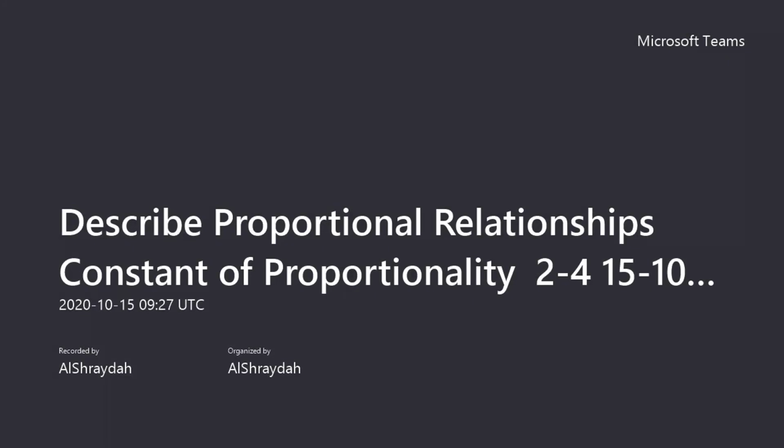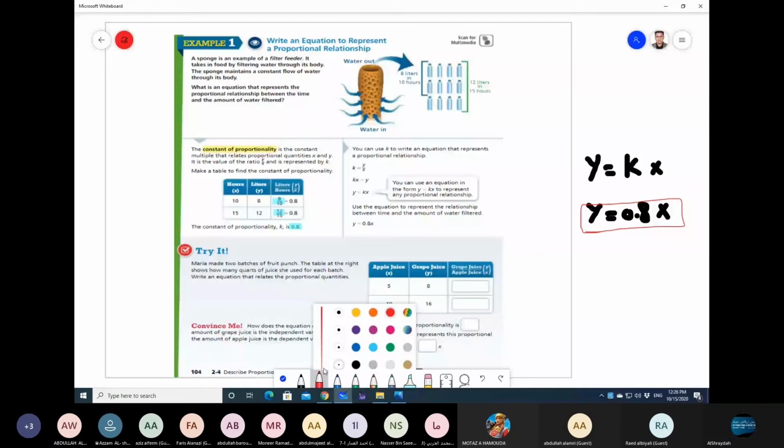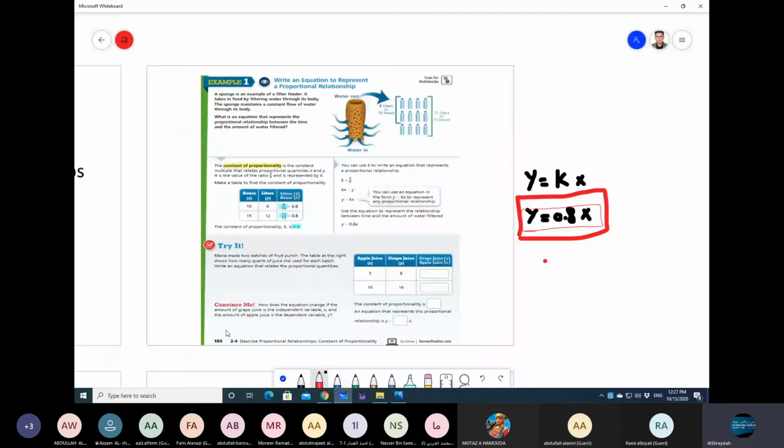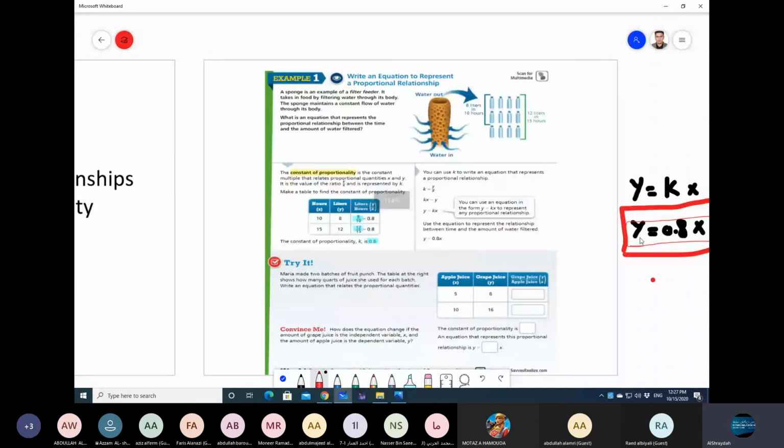y equals 0.8x. Who can tell me this? We need 10 hours to... yes, page 103, 104. This example on page 104 helps us find values of y that are not in the table. Here we have 8, 12, but if I told you